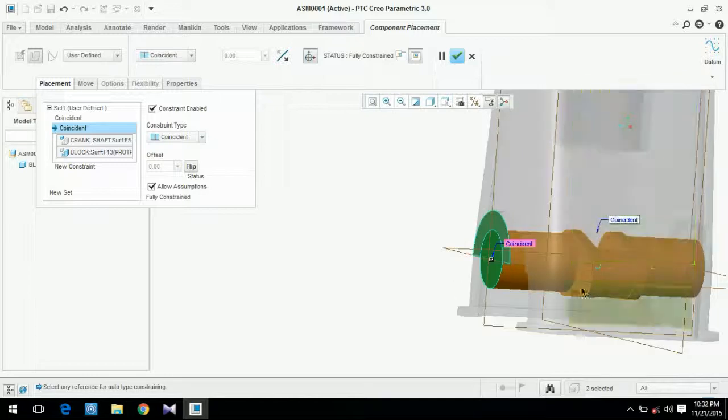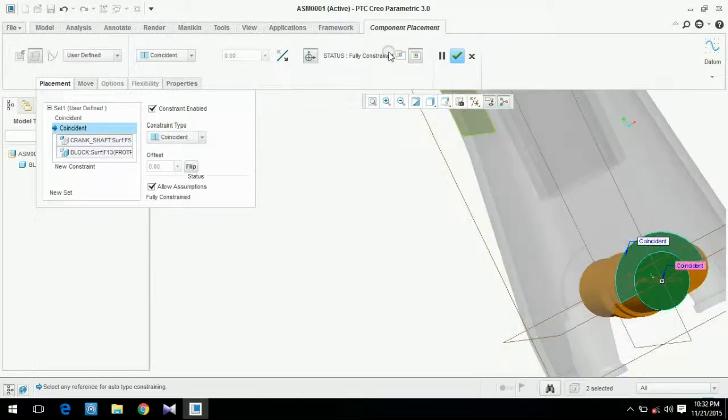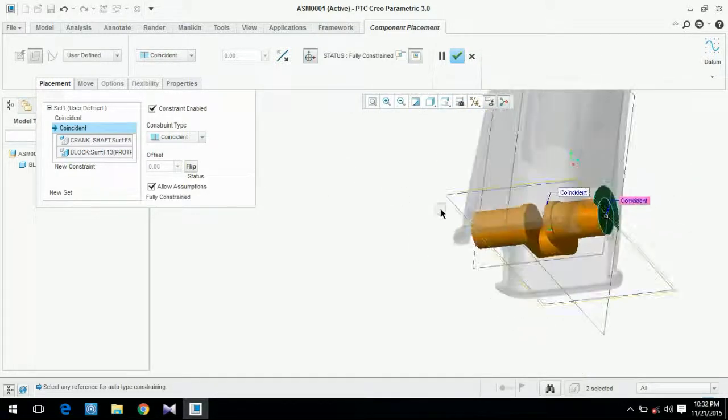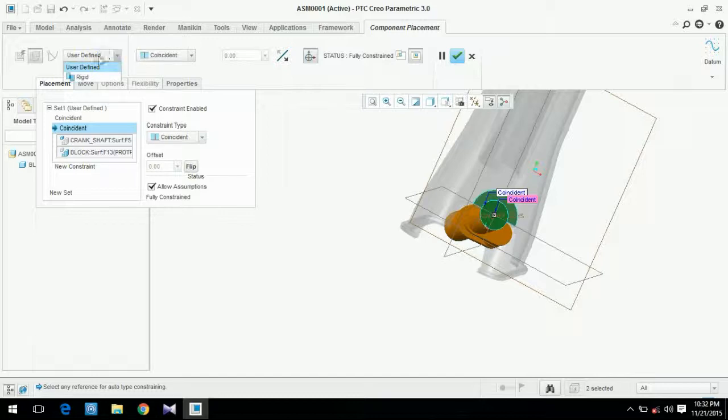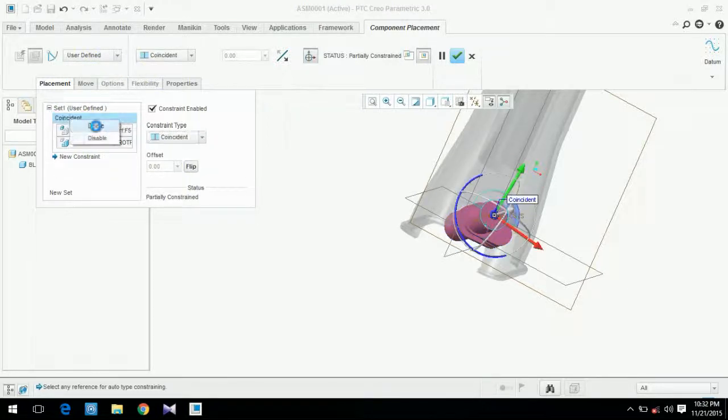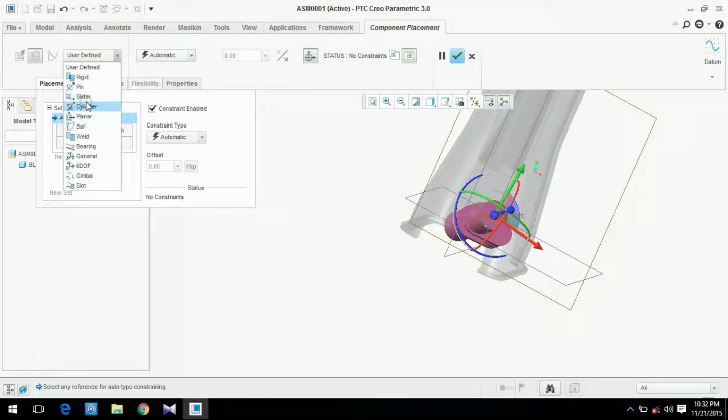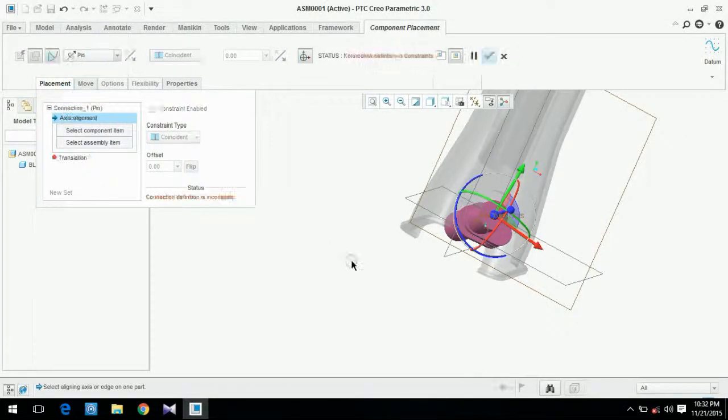This part should be rotated. Here it is fully constrained, that means rigid, fixed, but we have to rotate this part. Then we will delete this constraint, and we will change it to pin. In the pin feature, you will